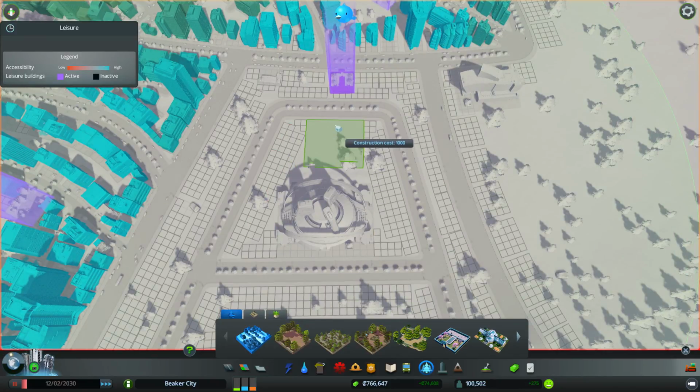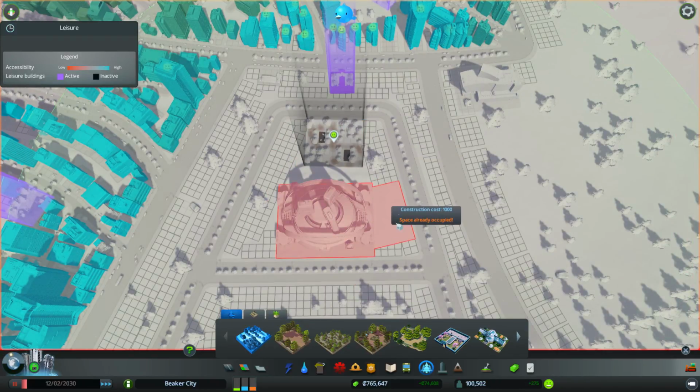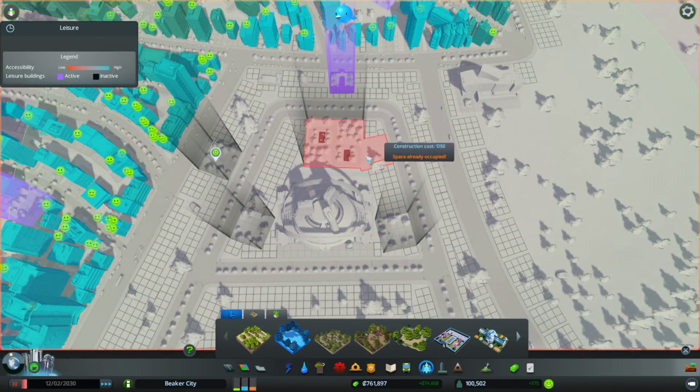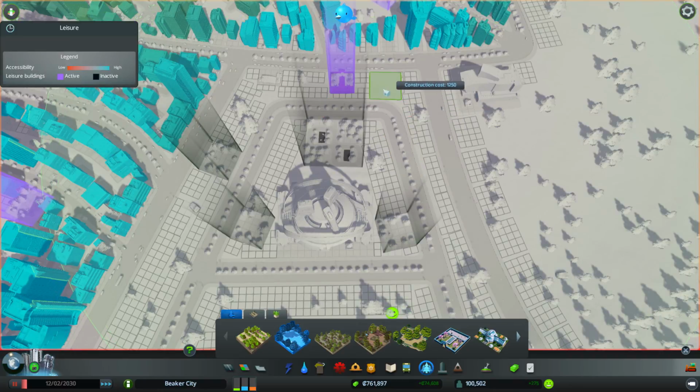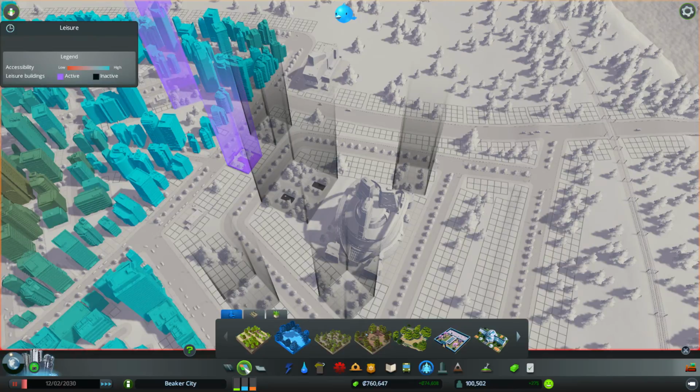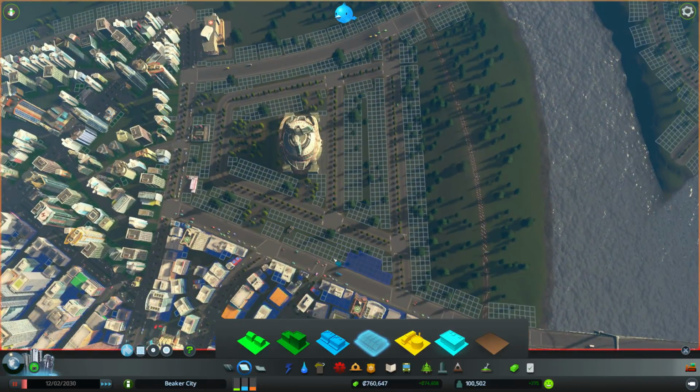Well, should we go for a big park? Let's go for a big park there. And then a couple smaller parks around it like this. Because I can. We'll get one there. Lovely. Then we'll fill in this area with...